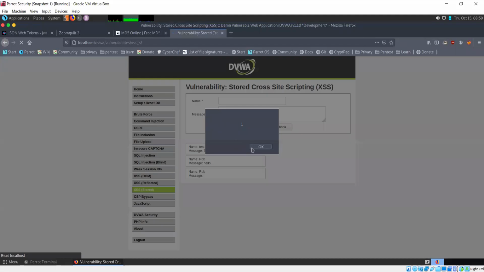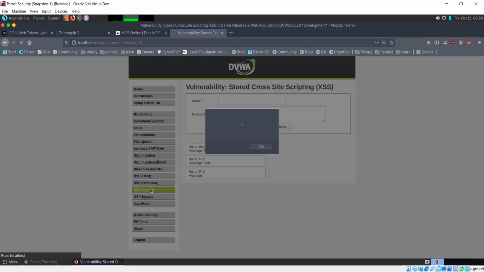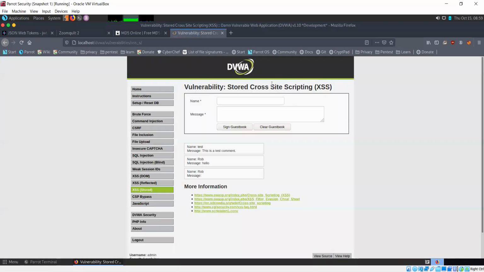Sign guestbook. Okay, so it worked. We were able to insert our script into this message section. Whenever someone accesses this page, let's say I'm browsing the website, I come across this page, that script will run in my browser and it will remain in the database.